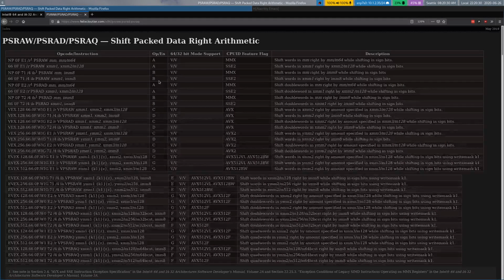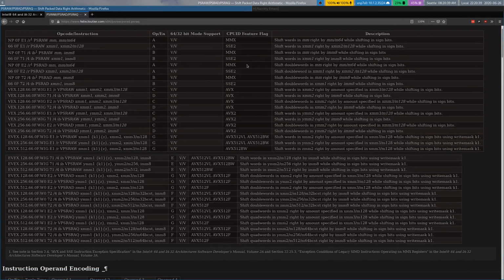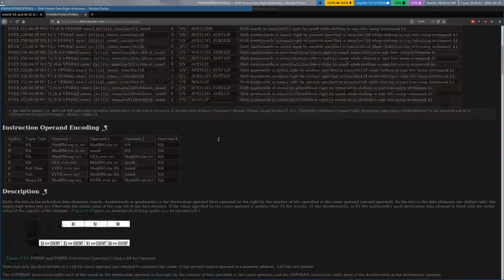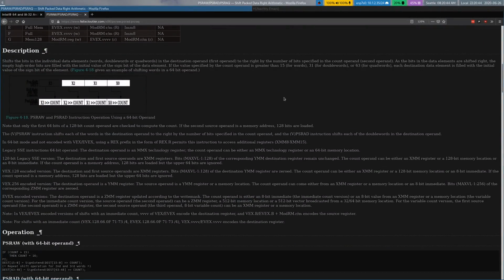Or just, I guess, PSRAW, shift, packed data, right, arithmetic. So these are MMX and later sort of SIMD, I guess. Oh boy, I mean, implementing an emulator for this stuff would be just deeply annoying. I can see why so many projects use the